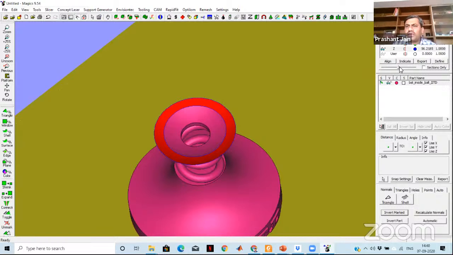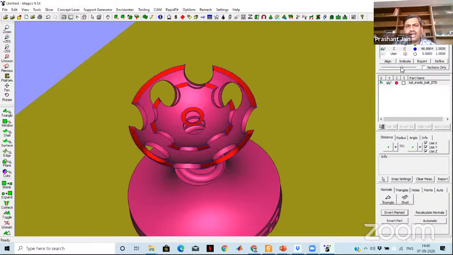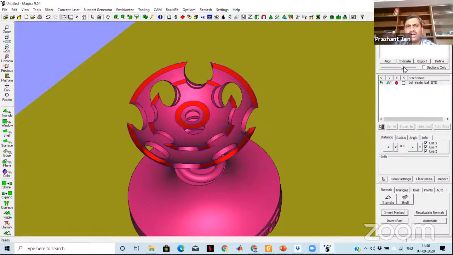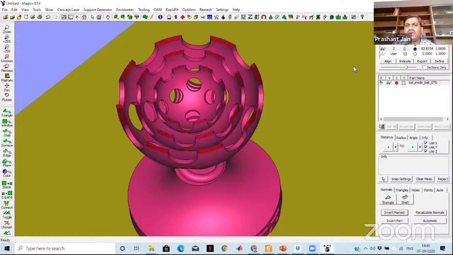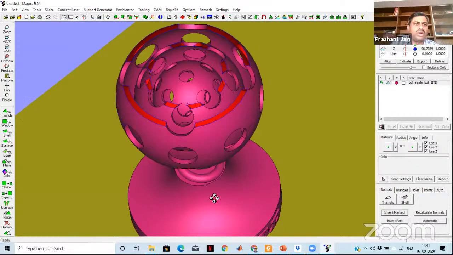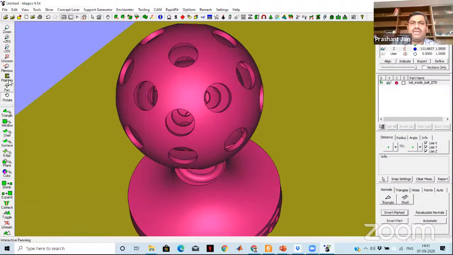Now if you move further, you look at this, the second sphere, the third sphere come into the picture. The blue color contour you can clearly see, right? So this is the information we need to generate from a geometric model for the additive manufacturing process, right? And slowly it will keep going up to the top layer, so that you see the first sphere is complete, the second and third are complete. And a lot of good information, good knowledge in the case of the STL file.